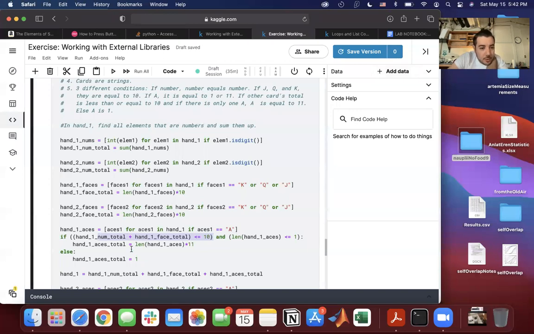Okay, so another bug here, because if this is false, then it will automatically do this. However, this should have been